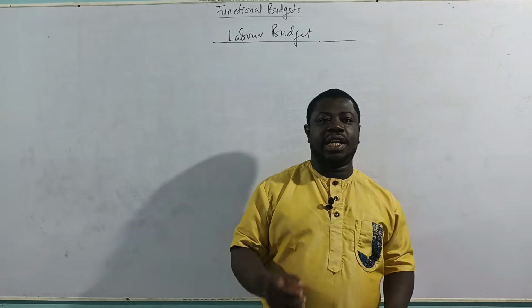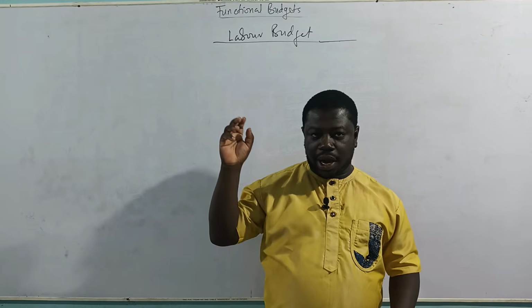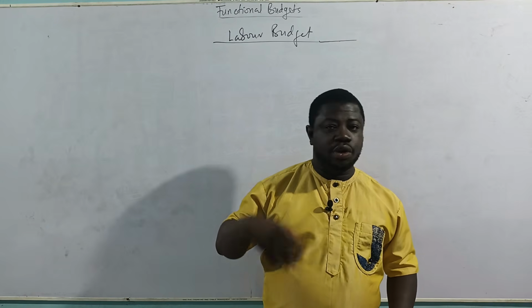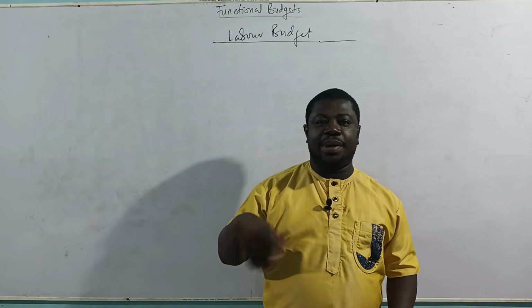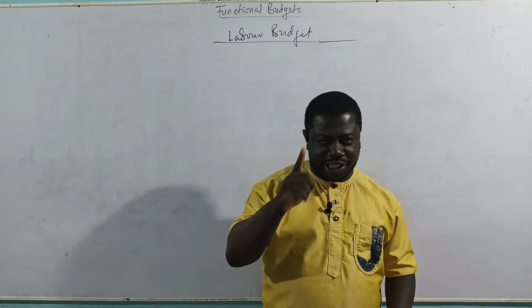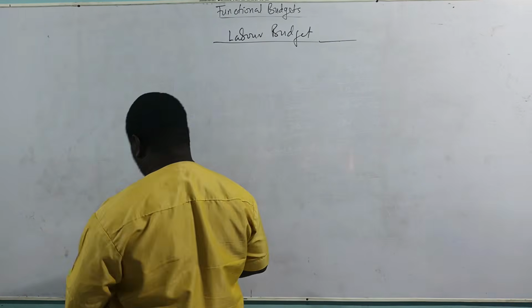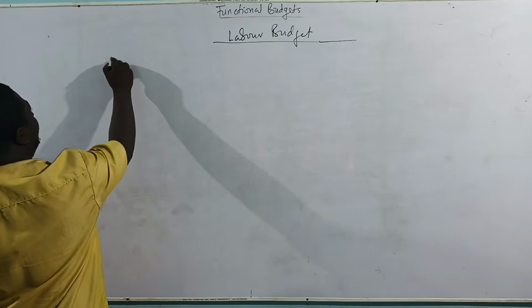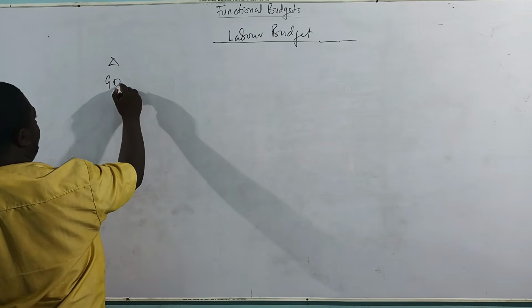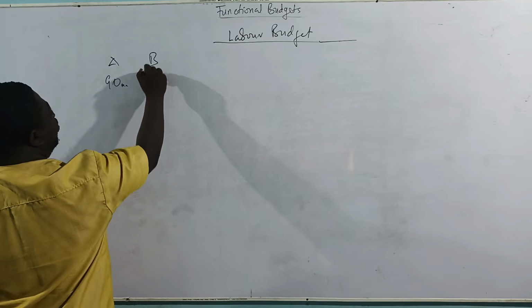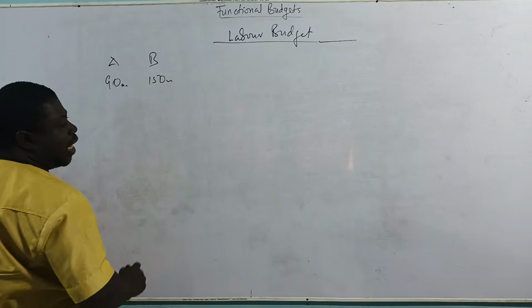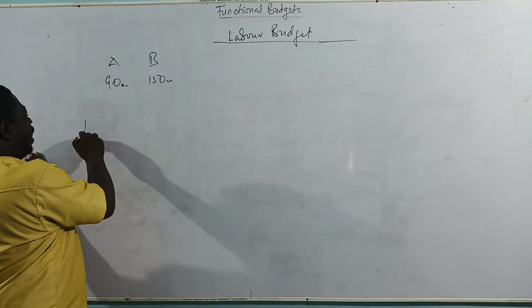So your job is that you pick the total hours that they need, and you are going to get the total hours by how many hours you need for each unit of a product, and then you use that to multiply. So let's assume that for what we did, we had product A to be 90 units. I'm talking about the production budget. And then product B to be 150 units. That was our assumption. If we are told that labor hours